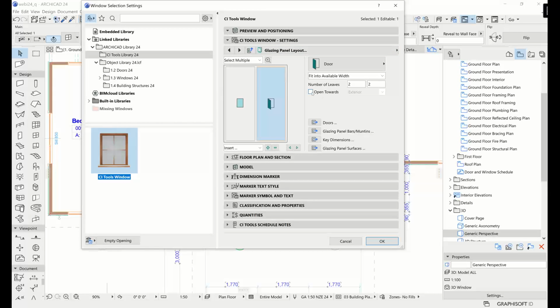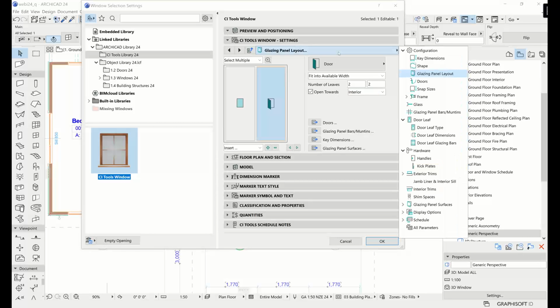And there's also a setting here to choose which way you want them to open to as well. They default to opening to the exterior, but if you want that to be switched, you can go in and do that there as well. So that's something that we had come up recently in some support tickets. And while we're here,